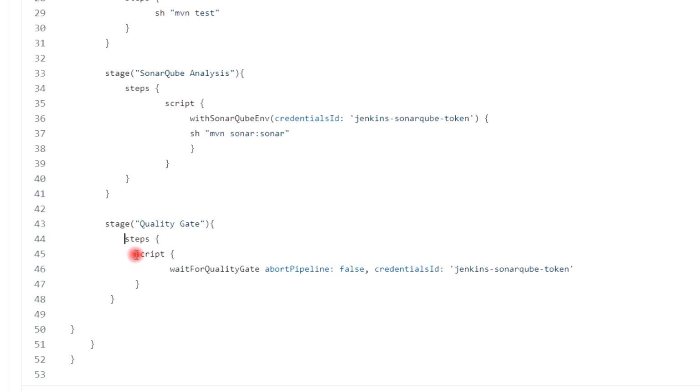This is the step, and this is the credentials which we had defined for the SonarQube in the Jenkins. I will correct the indentation.